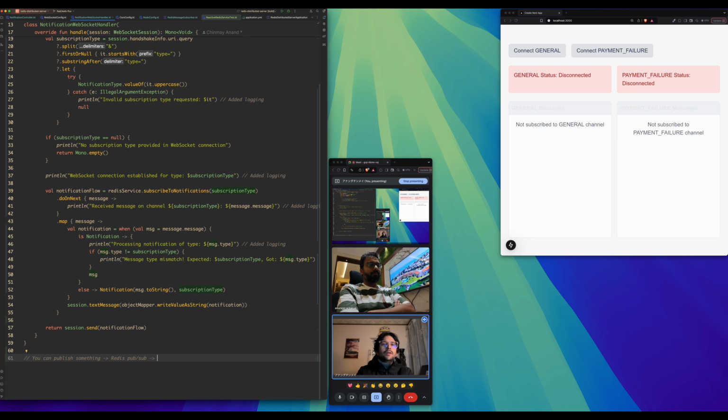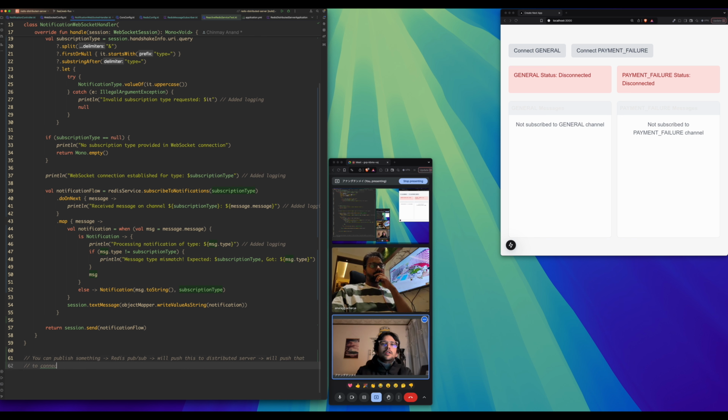Then Redis PubSub will push this to your distributed server. And why I'm calling it distributed, because we are using a load balancer and creating two instances of the same application, so it can distribute the load. Okay, so we'll push this to the distributed server, and then the distributed server will push